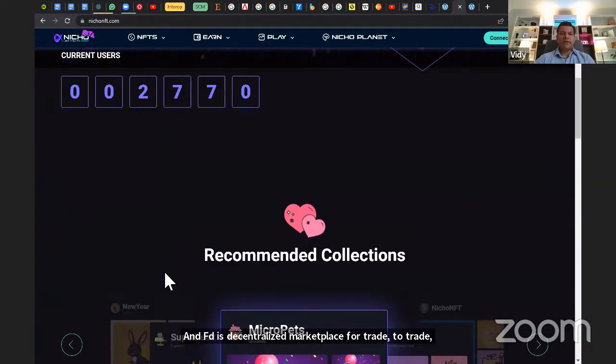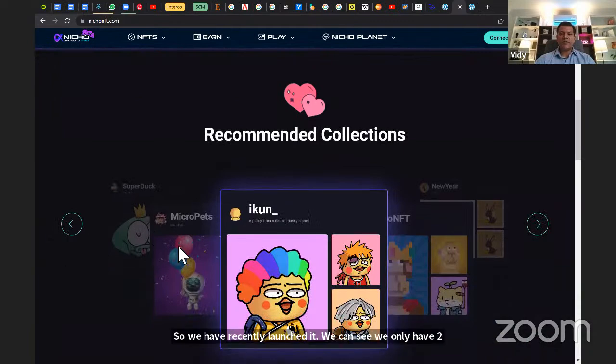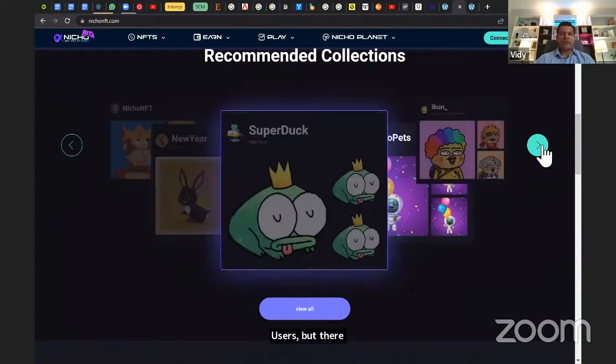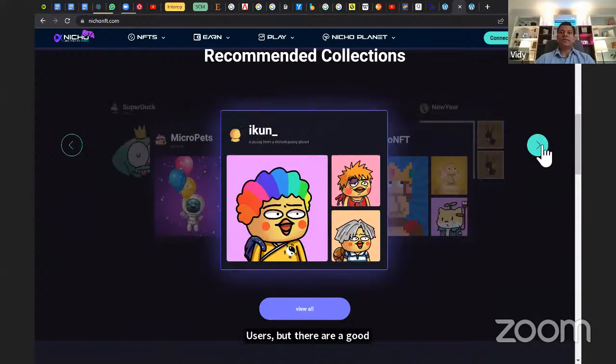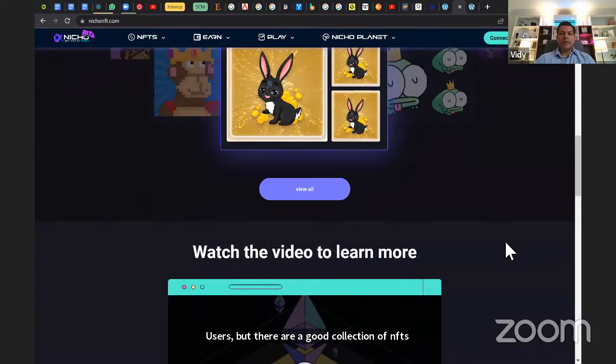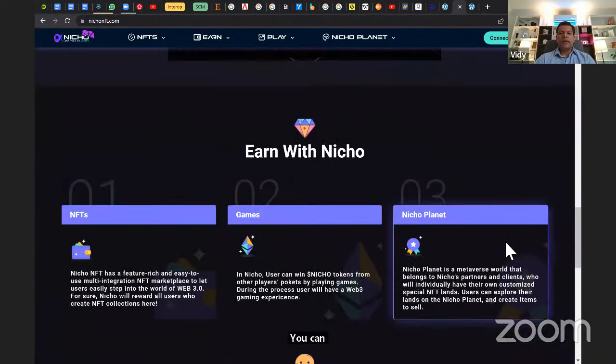You can see we only have 2,700 users, but there is a good collection of NFTs that you can buy or you can sell. The interesting bit with this project is that we give you the option to create NFTs, mint NFTs, and sell those NFTs, the whole thing on this platform.